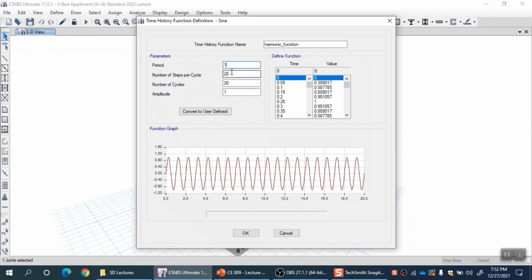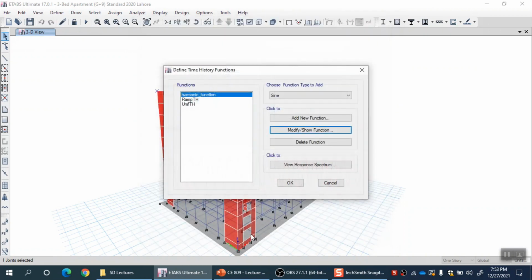This is just one function which is currently defined. Unless we assign this function to a particular loading, that loading will not become dynamic, it will still remain static, right. So I just keep that function, a 20-second function having an amplitude of 1, having my own omega bar, whatever I want to give.